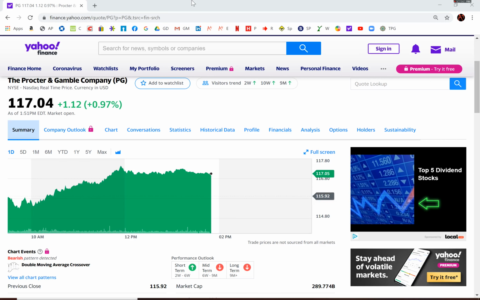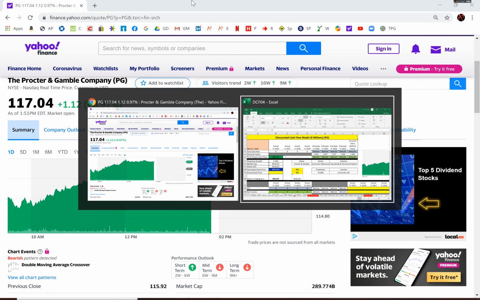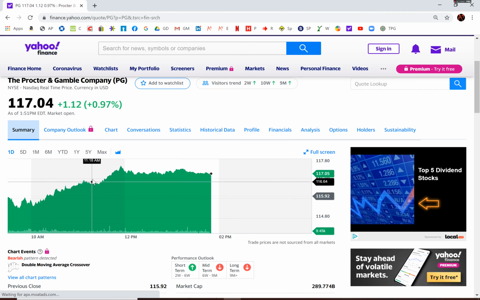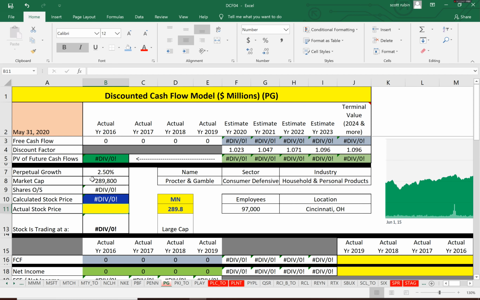We're going to calculate the stock price for Procter & Gamble. First, we need the market cap, which is 289.8 billion. Then the market price, 117.03. Now, to calculate the stock price for a company, we're going to estimate the future free cash flows of